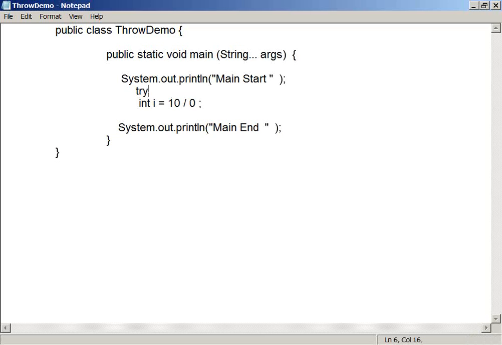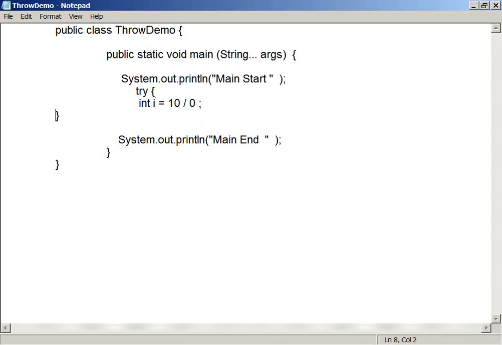If you want to handle this, we write a try surrounding this statement, and then a catch block, which looks like a method call, where it takes the type of object you want to catch.